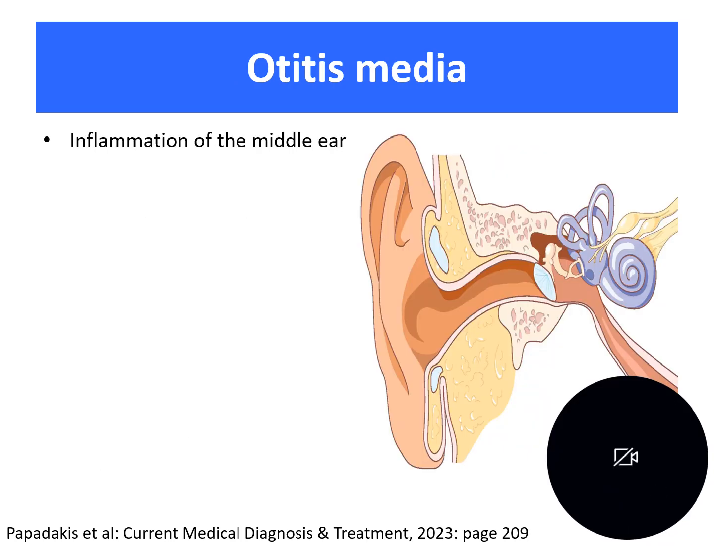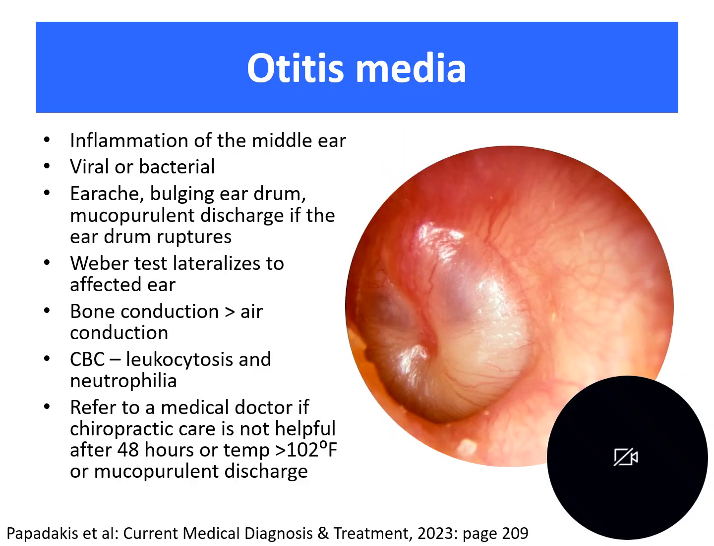Otitis media, inflammation of the middle ear. It is usually viral, but it could sometimes be bacterial, and there's no real way to tell the difference just looking at this. The patient will complain of earache, and when you inspect the eardrum using the otoscope, you will see the eardrum bulging. And if you see a mucopurulent discharge that obscures most of the eardrum, then you could rest assured that